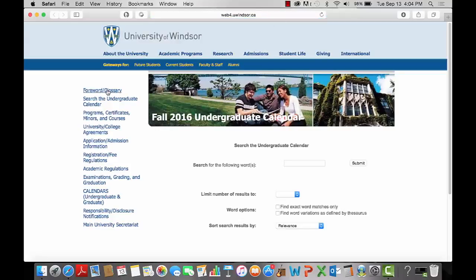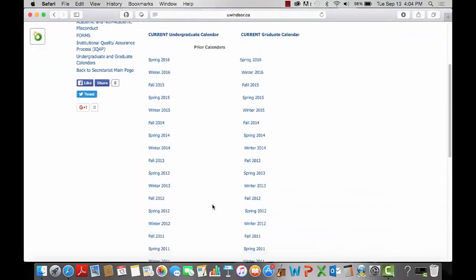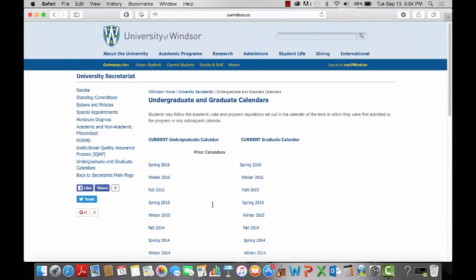uwindsor.ca/calendar. If you're wondering what a calendar is, it lists the programs, certificates, minors, and courses, transfer agreements if you're coming from another institution, also academic regulations, information about examinations, grading, and graduation. And here are all the different calendars from the past. So if you want to see if the rules have changed since you started, you are welcome to check it